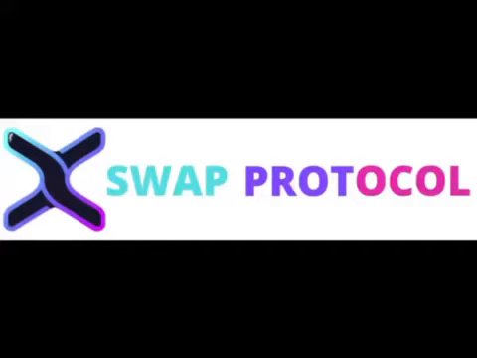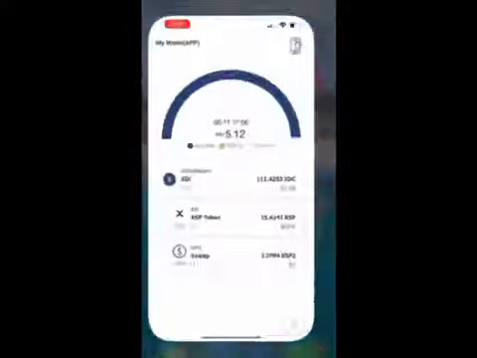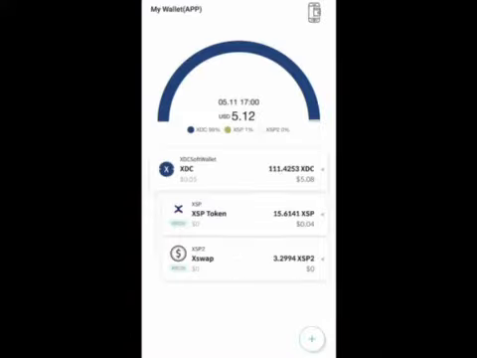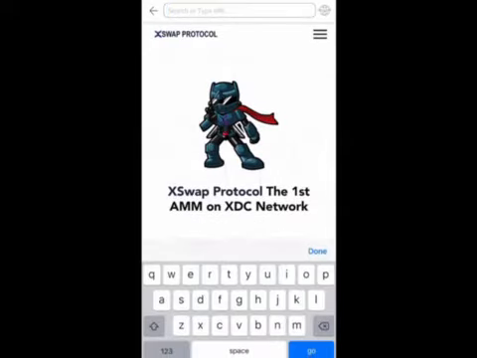Welcome to XSwap Protocol. In this video, I'm going to show you how to exercise your right to vote in governance. And I'm using the Descent wallet. So click on your Descent icon, enter the password, and from the bottom second left corner, click on Discoveries and enter